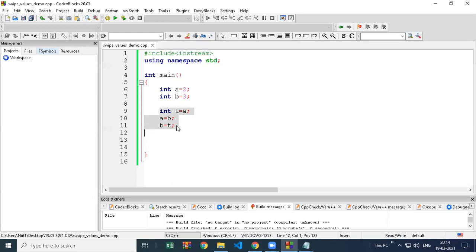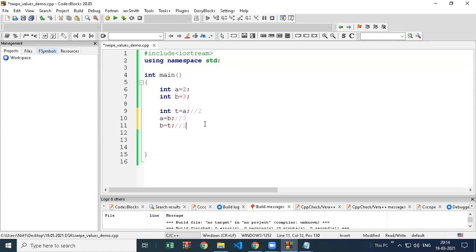See, let's find out whether it's working. What is the a value? 2. So the 2 value is passed into t variable. Remember, this is the third variable we are using. Then the b value is 3, which we are transferring to a. And then t value is 2. You can see I have written a comment, pass to b.